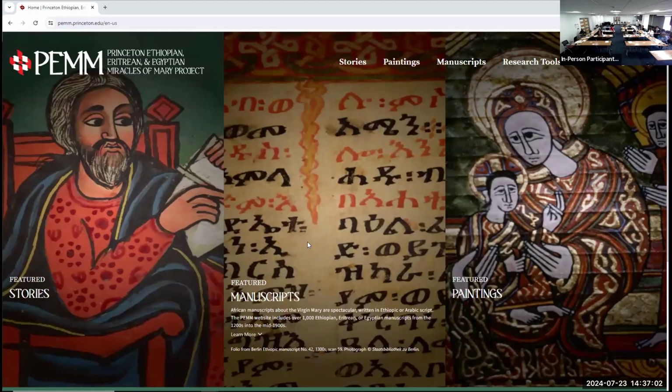What we're doing now is a demo of the website. If you have a computer, I recommend you open it up and go to PEMM.princeton.edu. You can also do it on your phone. If you have any problems, by all means tell us. I'm often working on my laptop and not checking the mobile view enough, so it could be quite helpful if you are doing that. PEMM.princeton.edu, and it should take you there.